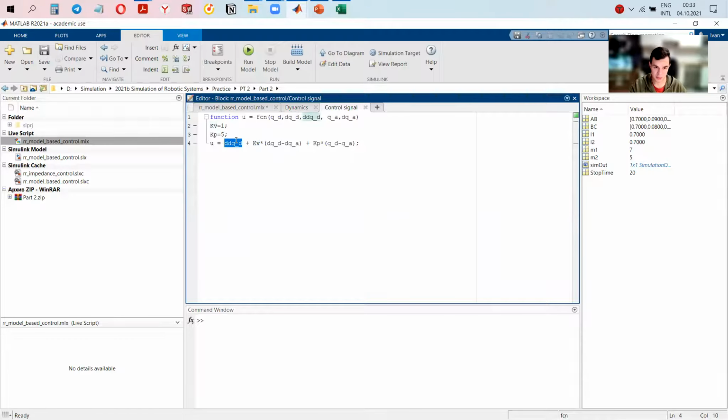It is the desired acceleration plus Kv times desired velocity minus actual velocity, plus Kp times desired position minus actual position. And this is the coefficient of stiffness. And since